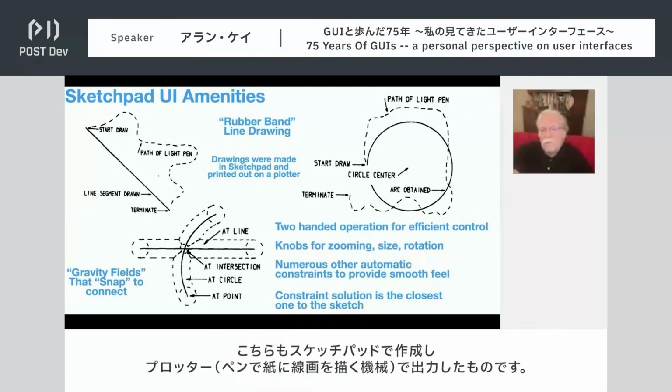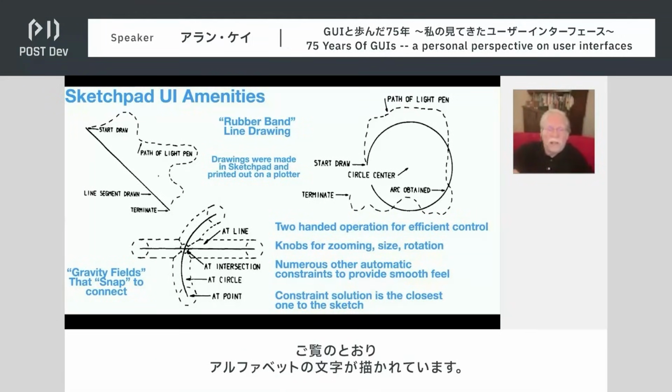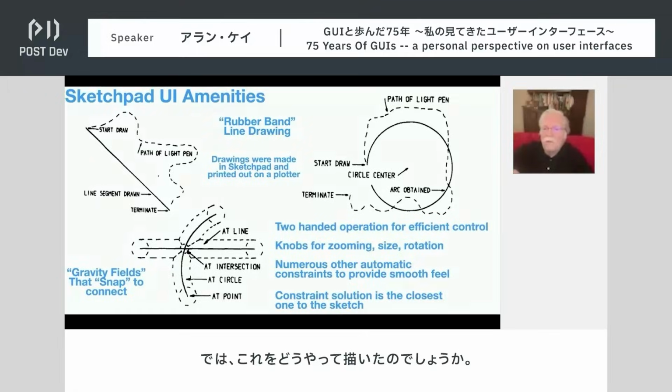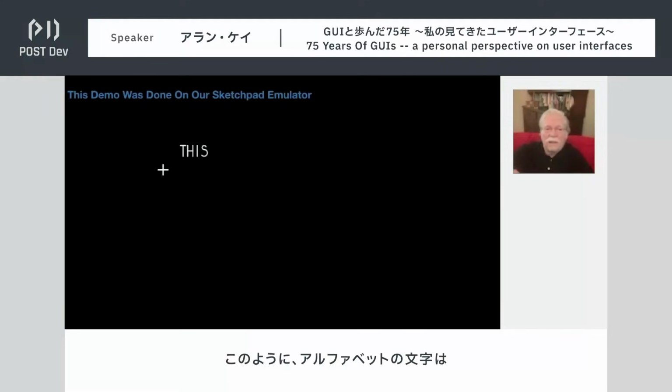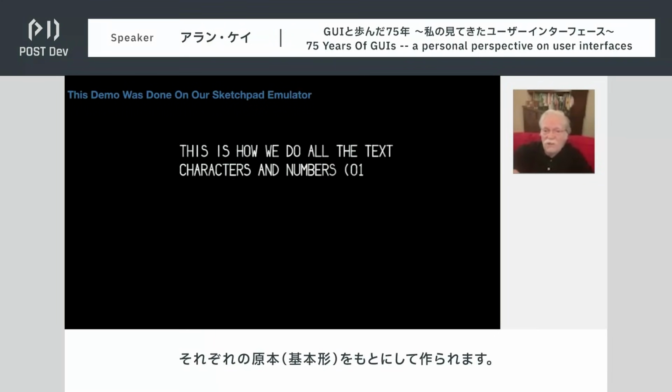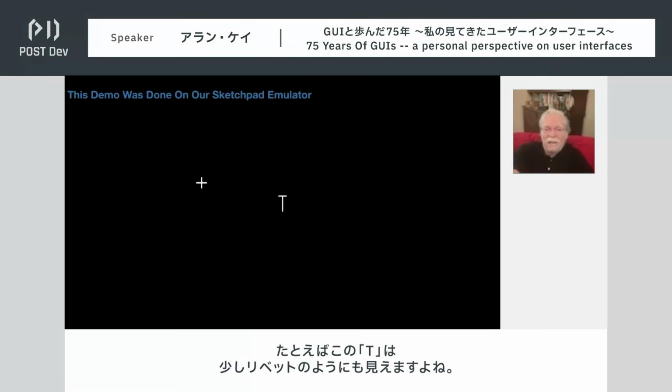Now notice these drawings here were also made by Sketchpad and plotted out on a plotter. And the thing that we see here are alphabetic characters. And how do we get those? Like this, because alphabetic characters are just instances of masters of these shapes, and that T looks a little bit like a rivet.